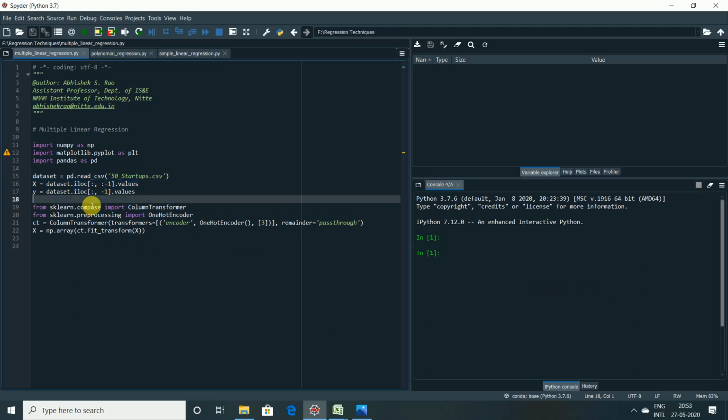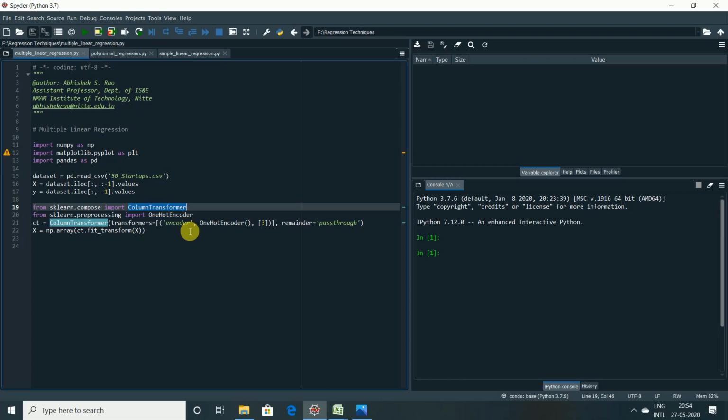And as you all know, to encode the categorical variable, we require a library called sklearn. From the module compose, we import a class called ColumnTransformer. And since there are 3 different categories, we require the OneHotEncoder, to be taken from sklearn.preprocessing. What OneHotEncoder will do is identify the categories in a given feature, and based on the number of categories it is going to add the same number of extra features in the data set. That means if you have 3 categories, it will add 3 new variables. If you have 5 categories, it will add 5 new variables.